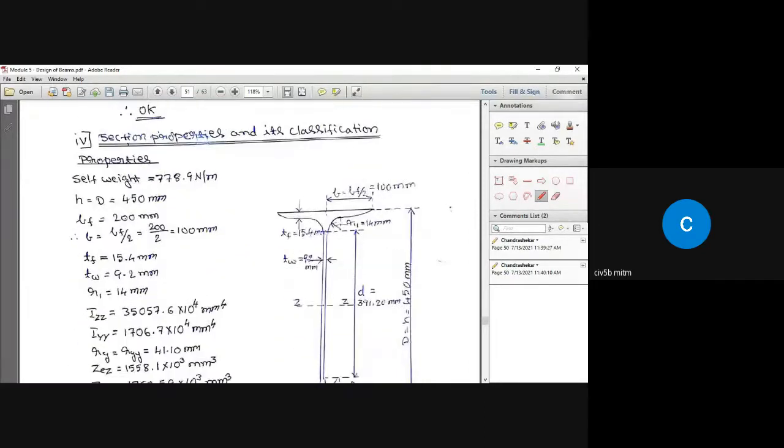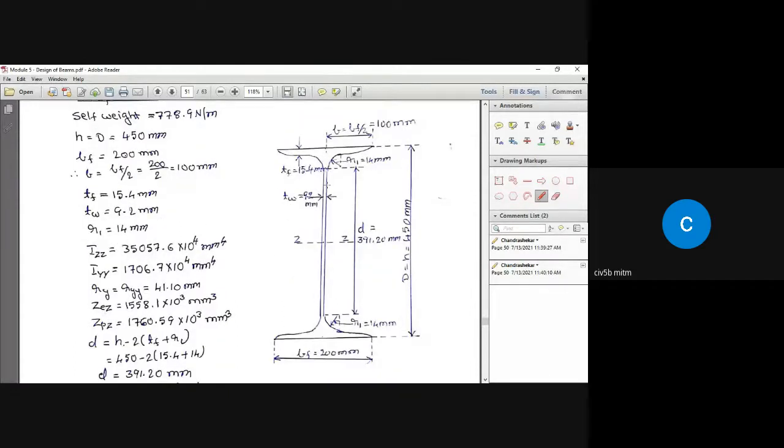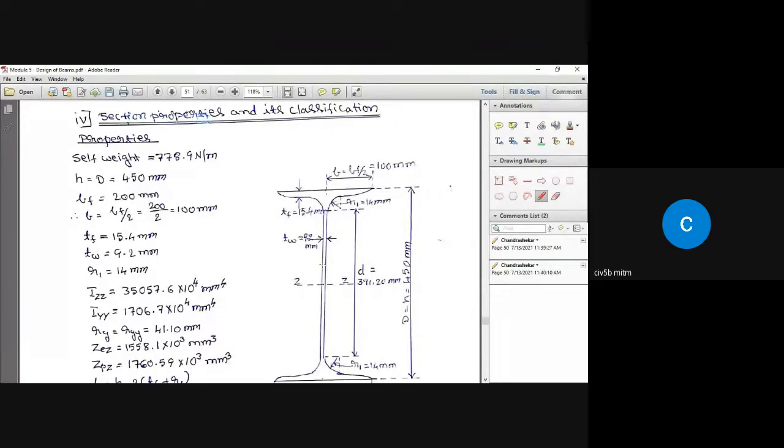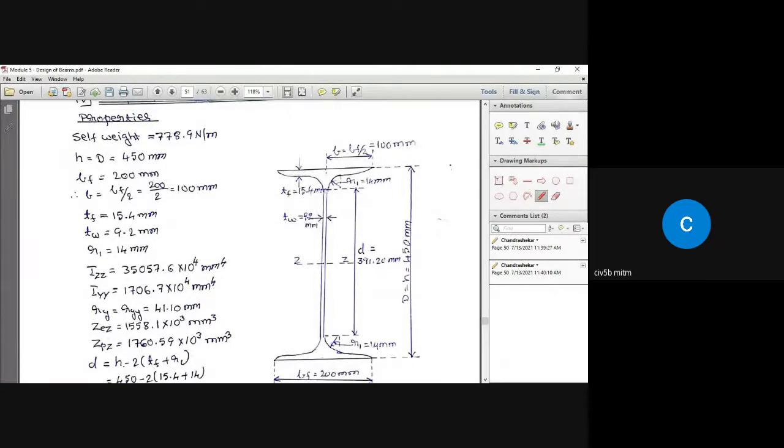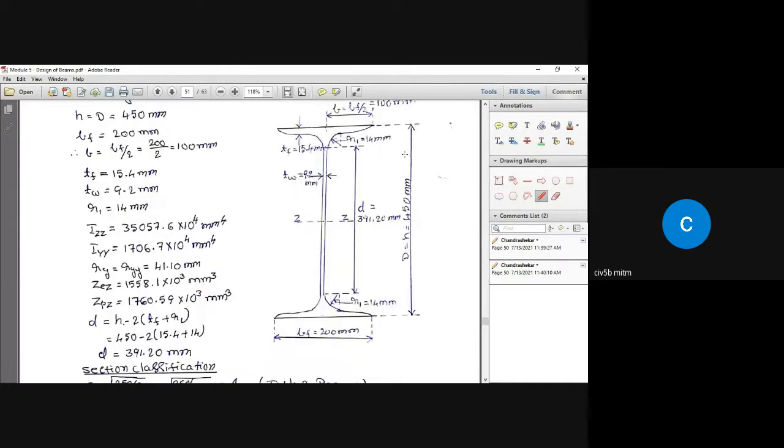Because we selected this section, we are going to write the properties of the section. This is the I section we have selected, that is ISWB 450, and these are the details of the section. You are going to get details of that particular section from the steel table as well as from the steel code book on page 138. If you don't find something in the steel table, you go to the code book. If you don't find something in the code book, then you go to the steel table. If you put them together, you will get all the details of that section. That's what I have written here.